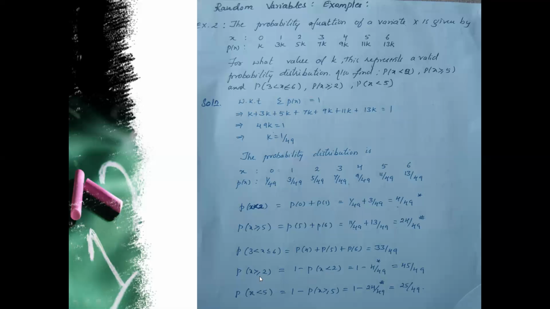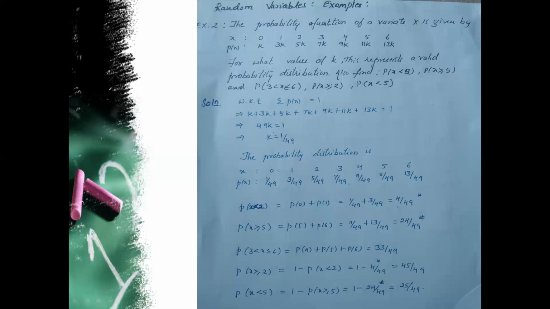So I'll write it as 1 minus probability that x is less than 2. Remember here it is x is greater than or equal to 2. Equal to is there, so on the other side you should not take equal to. We'll just write probability that x is less than 2. Now x less than 2 is already calculated here. Just substitute that value 4 by 49. 1 minus 4 by 49 will get 45 by 49. If at all you add all the values from 2 to 6, you again get 45 by 49 only.